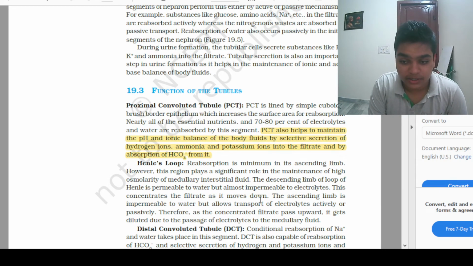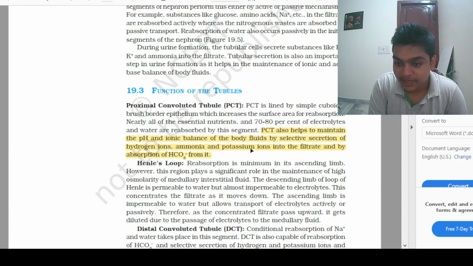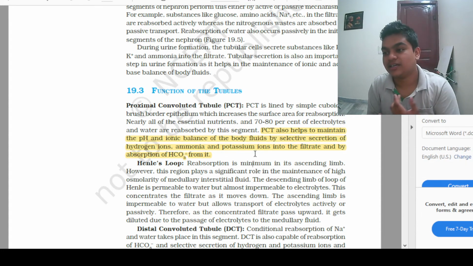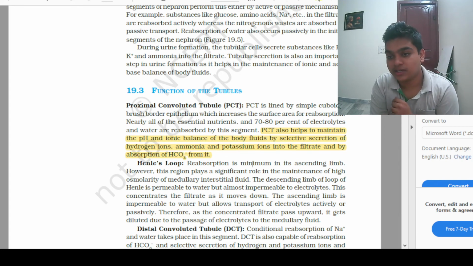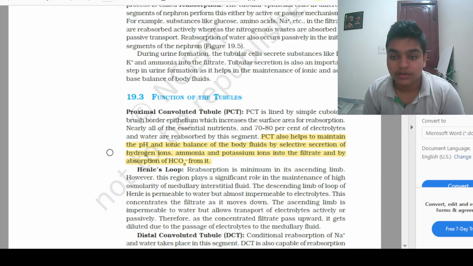Here they have written that potassium ions are being selectively secreted. See this part. But when you come to the diagram, we actually